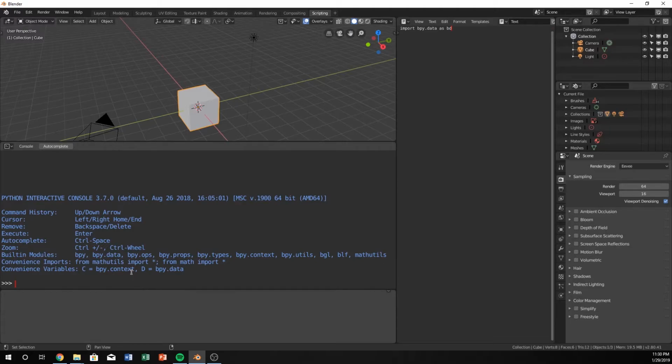Okay, that's pretty easy. So let's go ahead and try some of this. Right here we can also see that bpy.data is set as D. So it's almost the same thing as this, if that makes any sense. Now every time, we could do D dot data objects or whatever we want to do. So now we can do that over here, since it's already set up because of this. We could also use C for context. So let's use D, and let's print the D